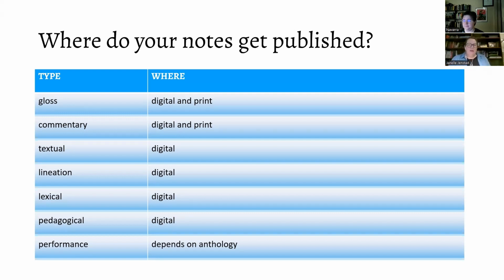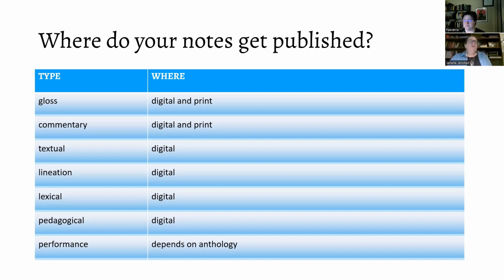So it's not the case that all of the annotations appear in both the digital interface and the print interface. We've had to make some judicious decisions about what to put in the printed book so that it's affordable to print and it's usable by the user. We didn't want the page to be completely overwhelmed by volumes and volumes of annotations.